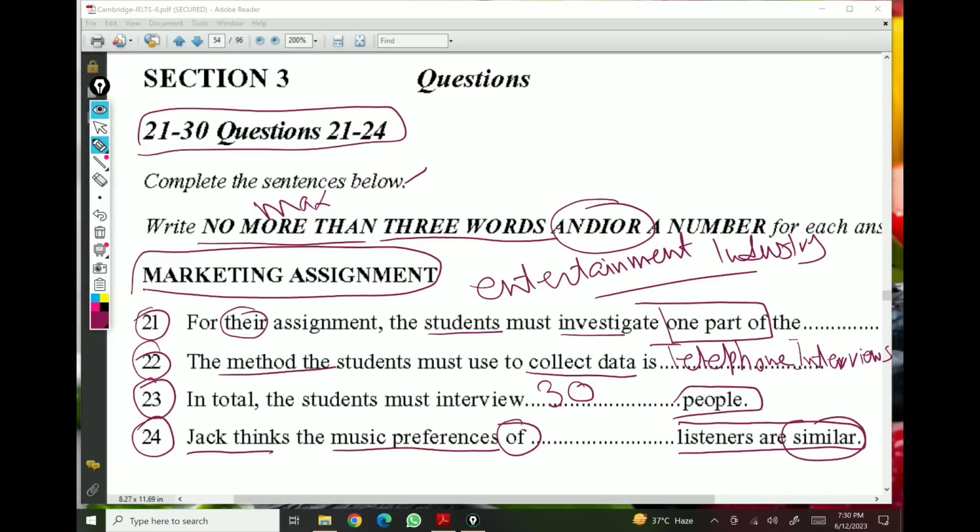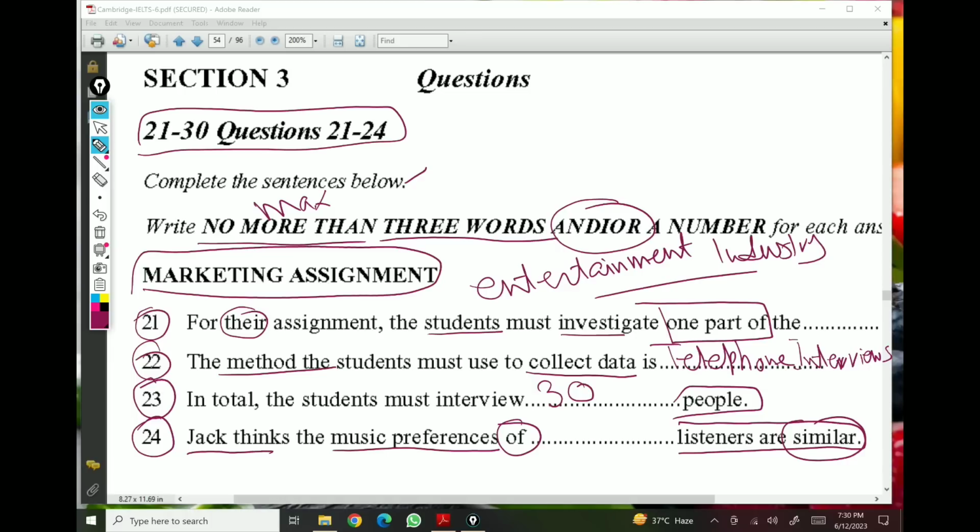So those are all the requirements? Yes, looks like it. So, first, which area are we going to choose? My preference would be cinema, since that's where I spend most of my money. I don't think that's such a good idea. I don't think there are huge differences in the market there. I mean, you get young and old, male and female, rich and poor, all going to the same movies. Yeah, maybe you're right. Let's make it music then. Right. So, what 2 groups will we compare and contrast? Male and female? No. Most of my female friends like the same music as me. Different age groups will be much more likely to show up differences, I think.